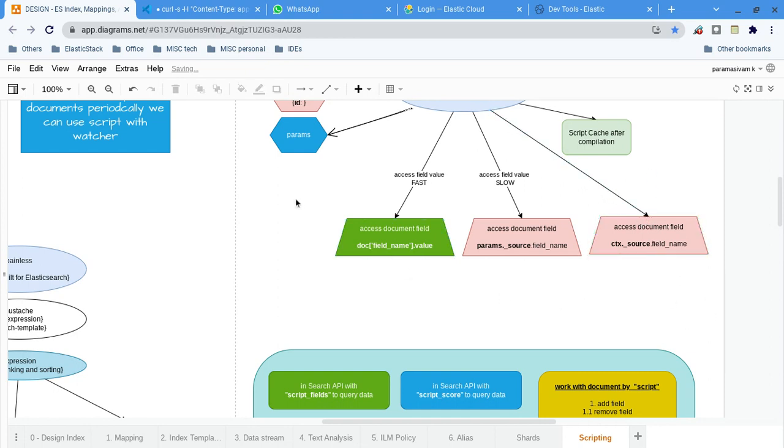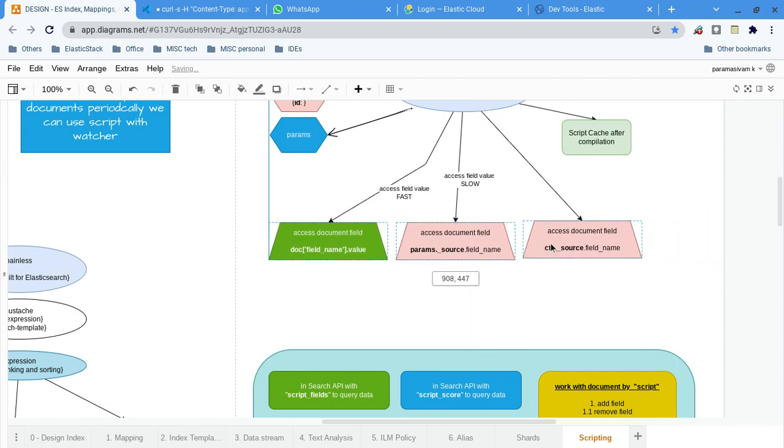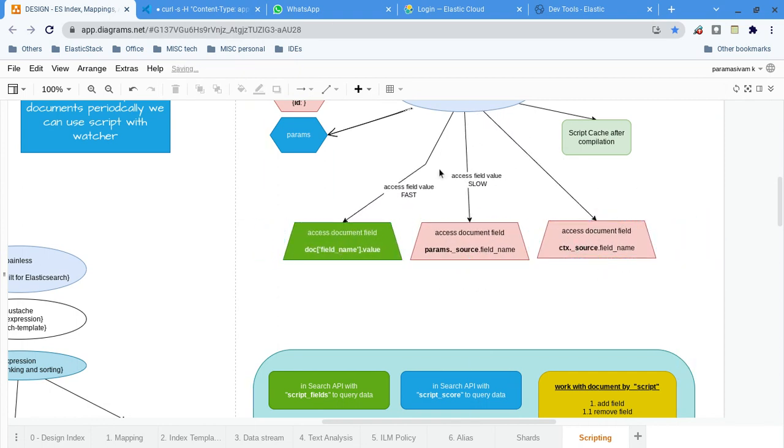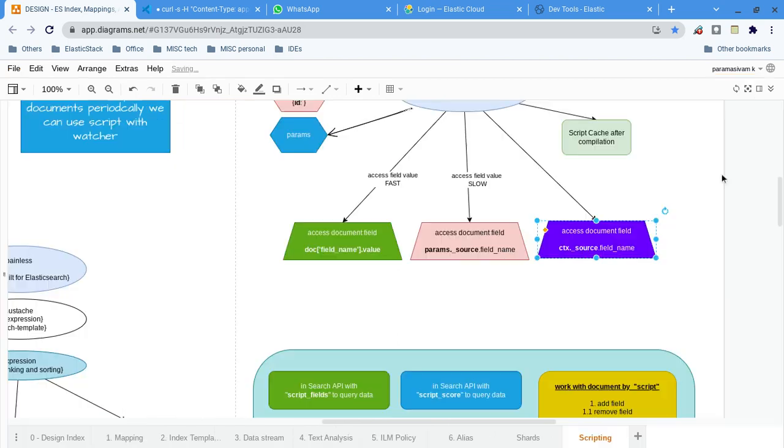What is the other advantage of using context? We can get access to some meta fields as well, if we are using this context. This is another syntax for accessing a document field.